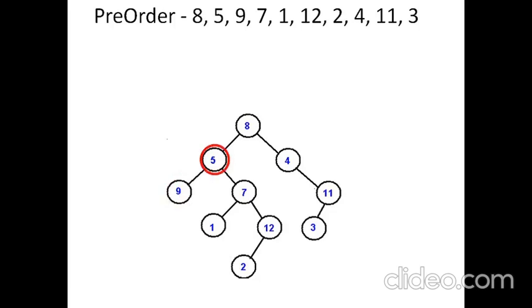So print it and come back to the previous node, and then find the right child of that node, and now it is again a root for this subtree. Print it, go to the left, come back, go to the right, print it, and then go to the right child, go to the left child, and once again you return. So you have to come back all the way to the root of the tree, and then you can now go to the right subtree.